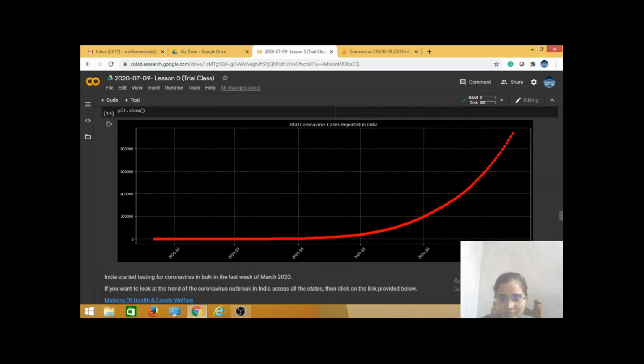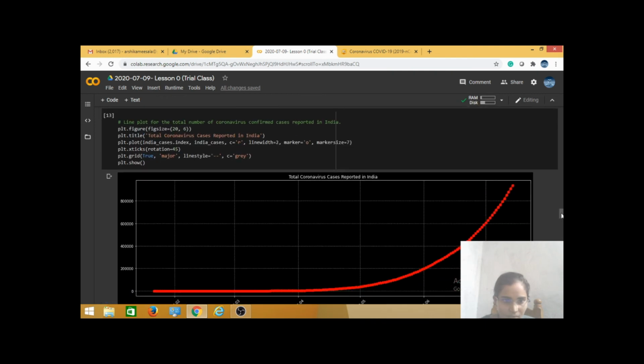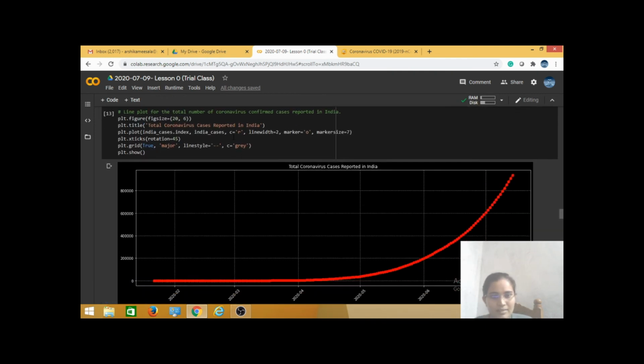See here, in this line color, whenever I plot one line, here I changed the color to red. Previously I used orange color, but for India I am using this red color, and the line width is 2. I gave the line width as 2, and the marker is the same, a 'o' or bubble symbol. Here the marker size is the same, and here I also want to rotate the x label by 45 degrees, that's why I am giving the same statement.